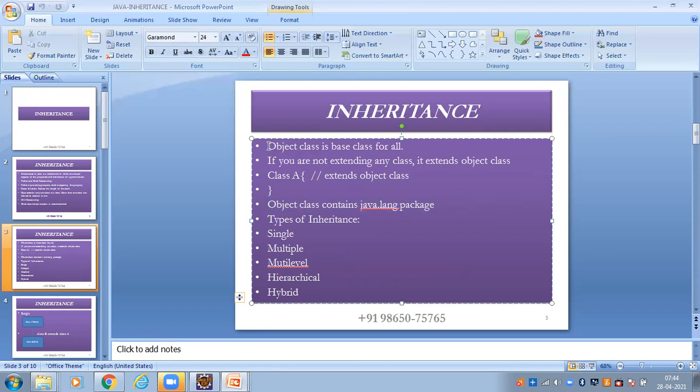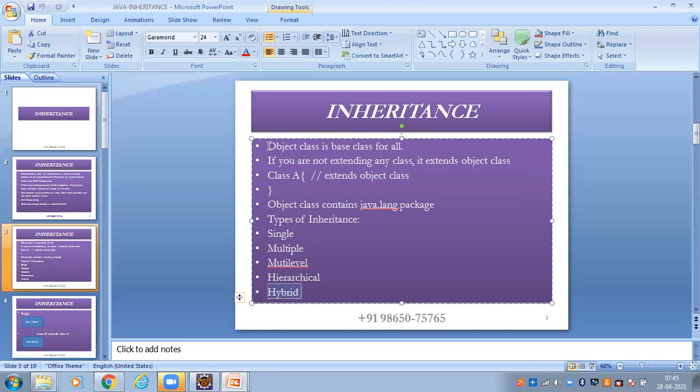There are different types of inheritance: single, multiple, multilevel, hierarchical, and hybrid. These are the five types of inheritance. Here, multiple and hybrid inheritance are not allowed in Java.